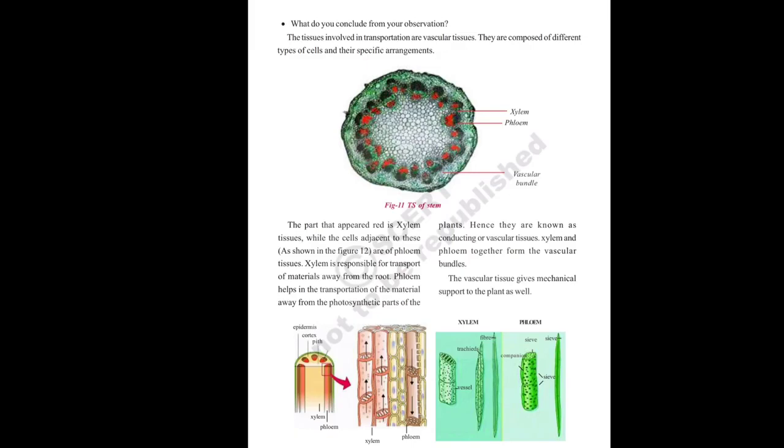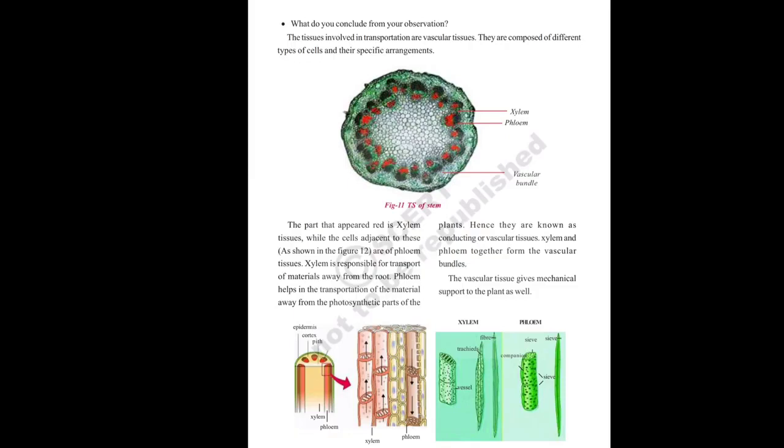Look at the diagram of the face of the stem there. The red part is called xylem, and below the red part there is a dark colored black part called phloem. Okay, so the xylem means the root can absorb the water and it needs to transport the water to other parts of the body. The tissue helpful in that case is called xylem. So xylem transports water from roots to the other parts of the plant body.